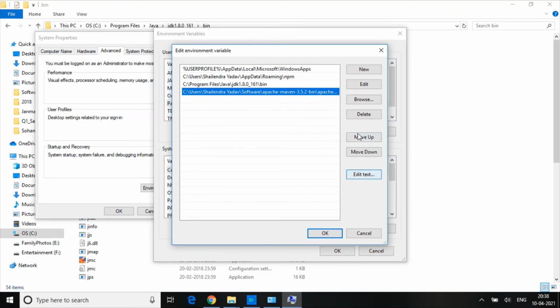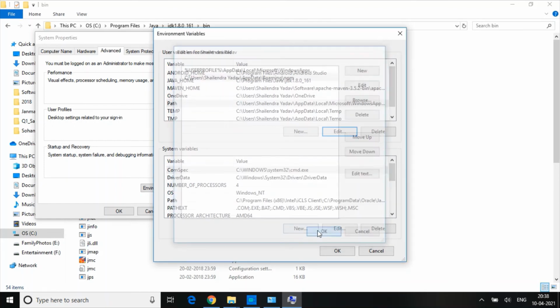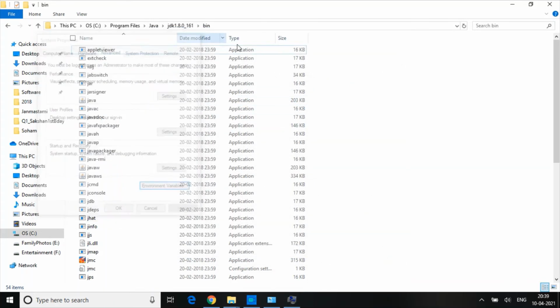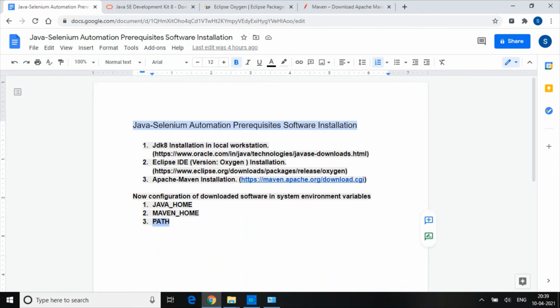I already have this configuration, so I am deleting these entries. As I said, your configuration is done. So we are done with the configuration. Now in our next lecture, we will open Eclipse, create our project and try to execute the test cases. So how will you know